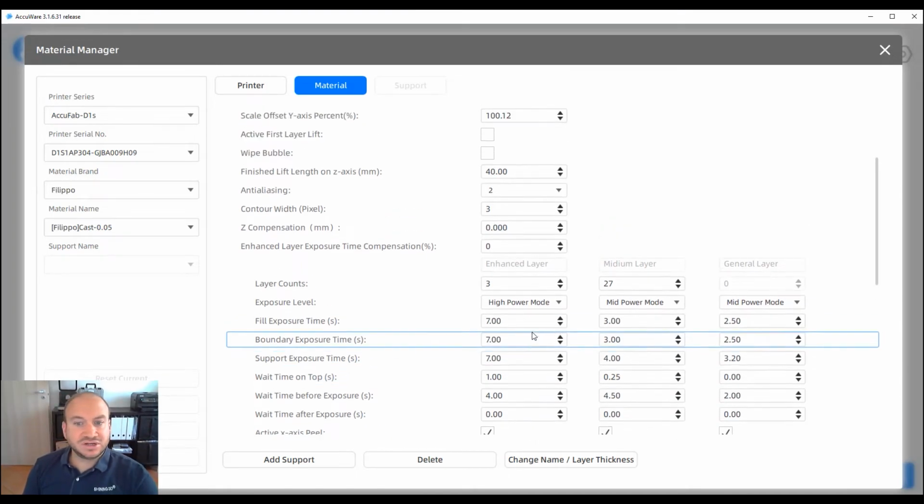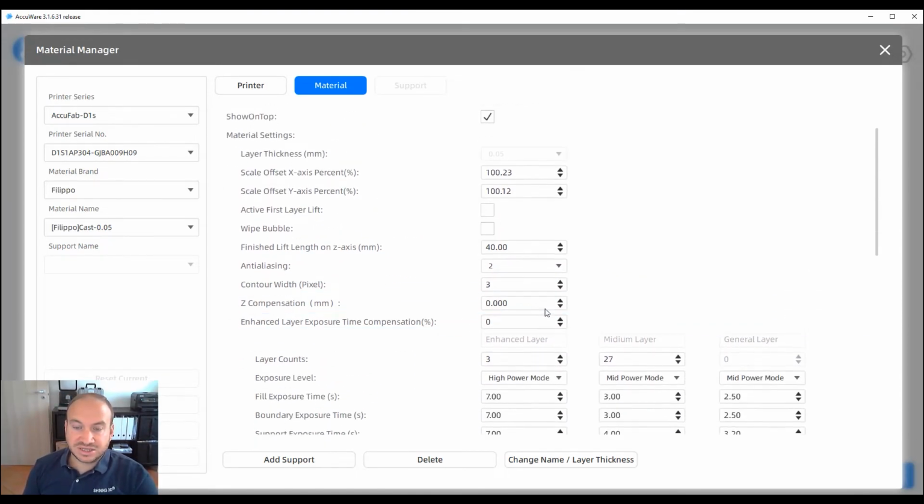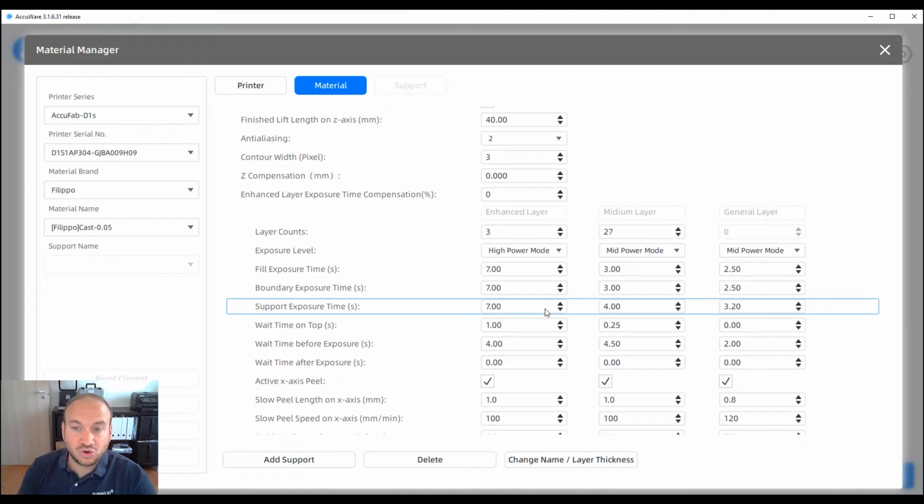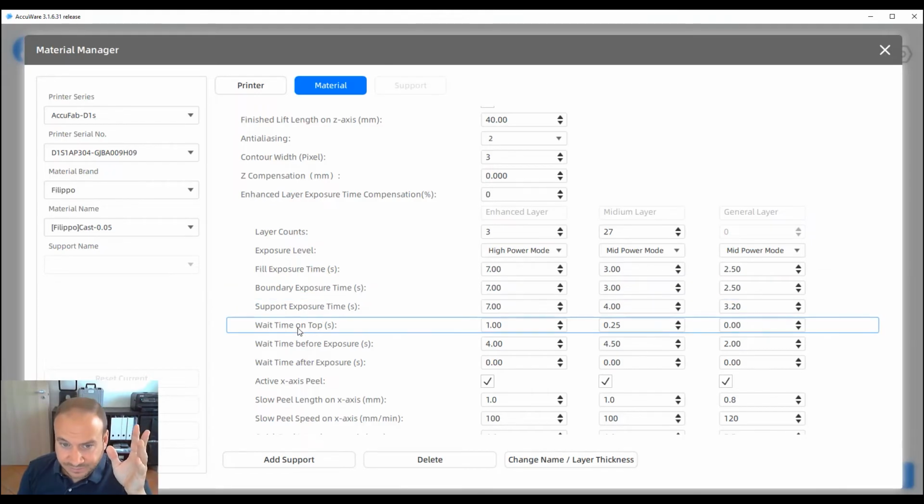Okay, for the rest of the parameters, it's your experience. It's really important to know that the research of a new resin needs time and needs tests. It's not possible to find the perfect resin profile in 1, 2, 3 tests. It's necessary to print 7, 8 times in order to find the correct resin parameters. A few other words about the